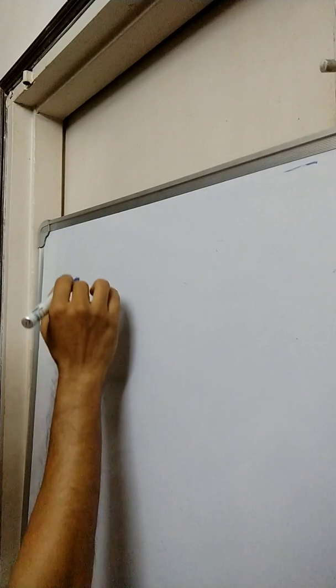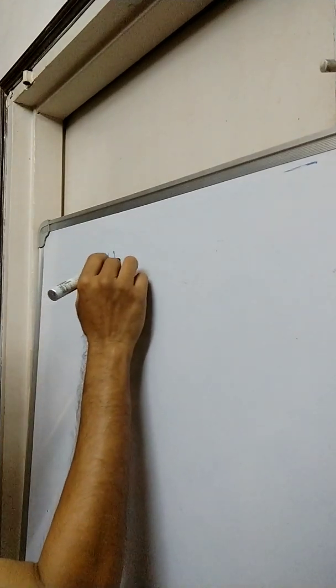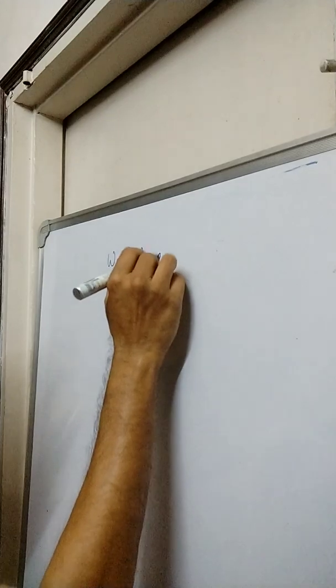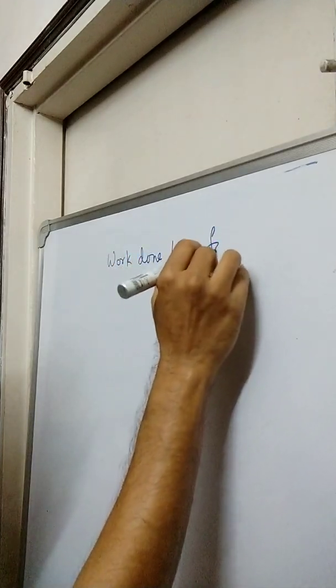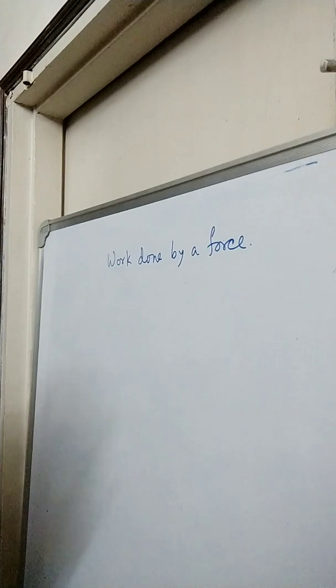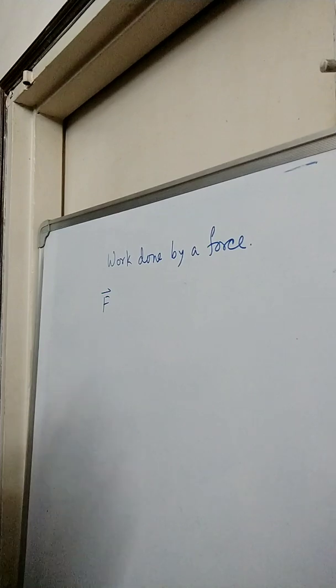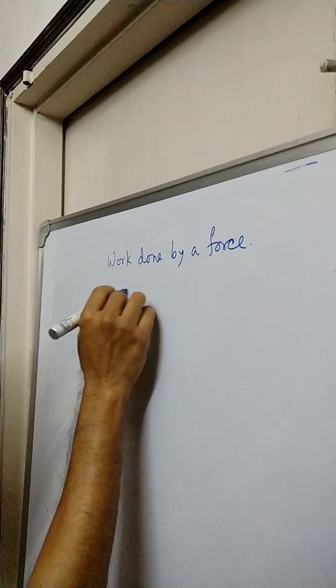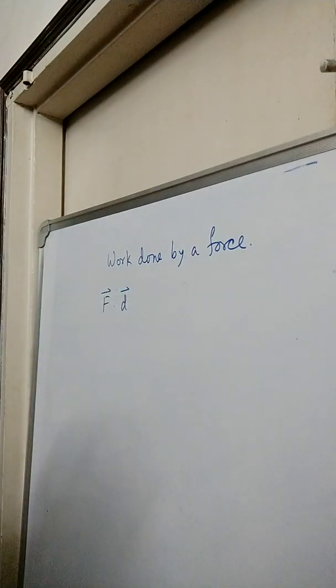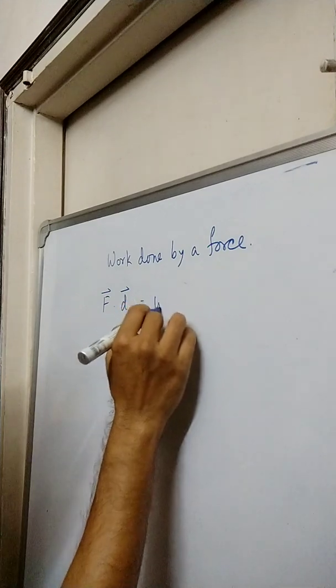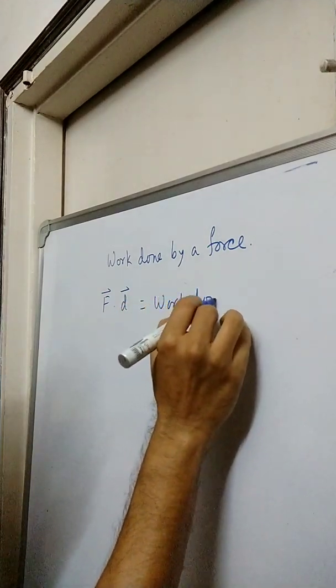Now, let us move on to some applications of vector algebra to geometry and mechanics. Work done by a force. We know that force F is a vector, and F dot D, where D is the displacement, gives us the work done by the force